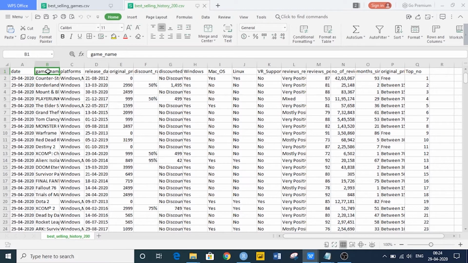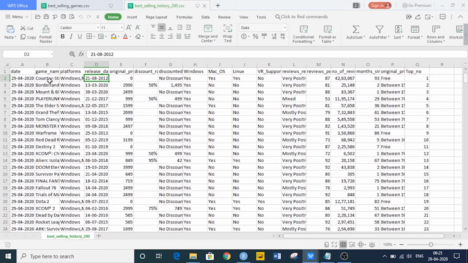There is no processing done in this column, and it is kept as it is. Then this and the platform columns are also kept as they are. However, the R program derives four additional columns from these columns that we will see in a minute. The next one is the release date, which is the release date of that particular game.